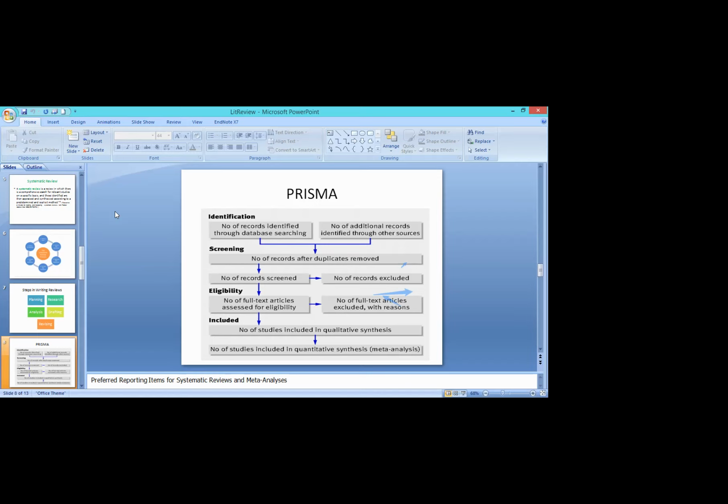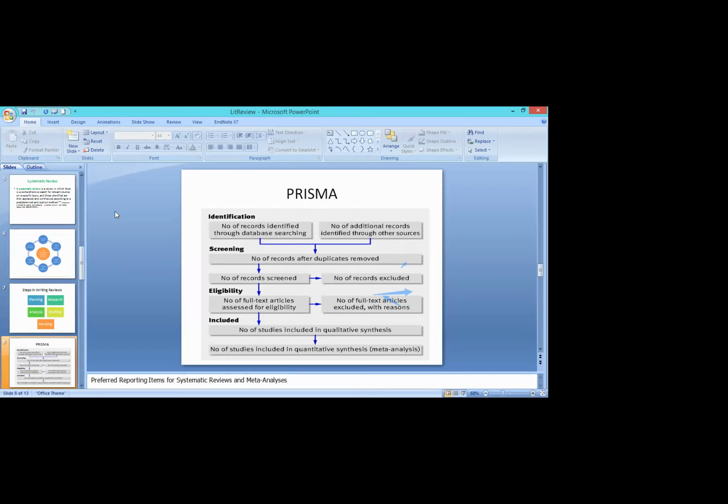So in PRISMA guidelines, if only abstracts are available, they have to be excluded. We need full text articles. We need each and everything that has been written by the author. It should be clear to the researcher. If the abstract is available, it means they are in summarized form, and perhaps the researcher would not be able to correctly identify how these results have been achieved. So in PRISMA guidelines, we have to remove all those articles that are not full text articles.